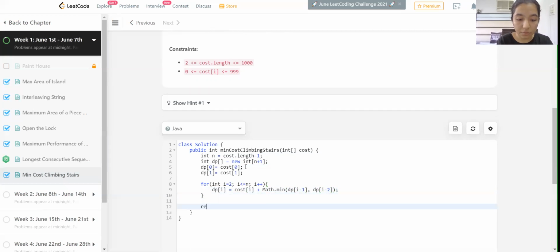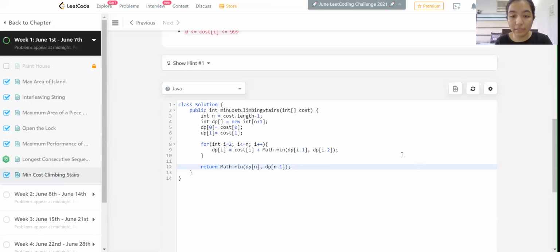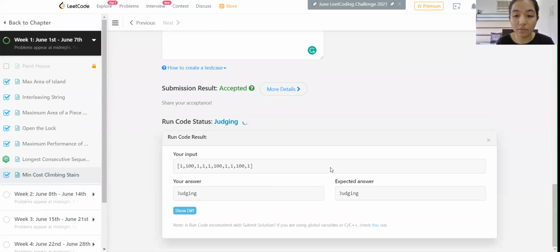After coming out, what we're going to return is Math.min of the last step or the second last step. So that would be dp of n or dp of n minus 1. That is the last step or the second last step. Let's try to run this and see if we have any errors.